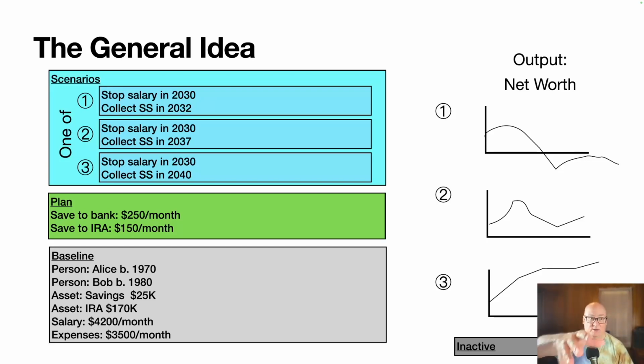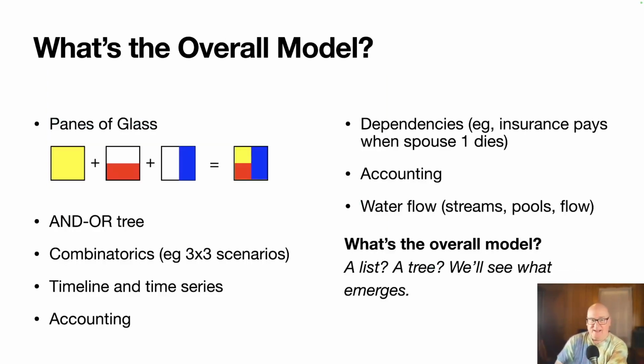So I anticipate the stuff in the blue section is going to change all the time. The green section I'm treating as sort of like my current plan or my current commitment to myself. And then the baseline is kind of like, these are the givens, the known state of things. Okay, so we'll see how that goes. Now I'm trying to envision, like, what's the model for this thing. All right, and I have several things I've come up with, and I don't quite know the right best answer.